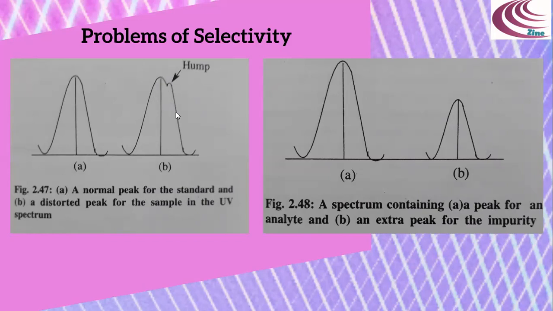So in this case, a standard and the sample to be analyzed, to confirm that the determination of an analyte doesn't include contribution by other substances. As shown in the figure, if the two spectra are similar, but the spectrum of the sample is distorted to a certain extent relative to the standard, a background problem is probably responsible.